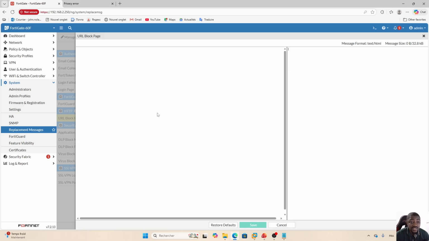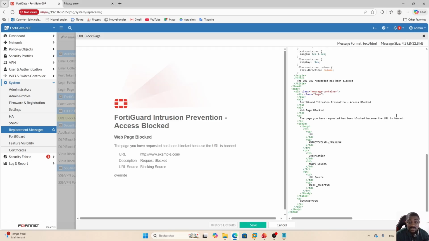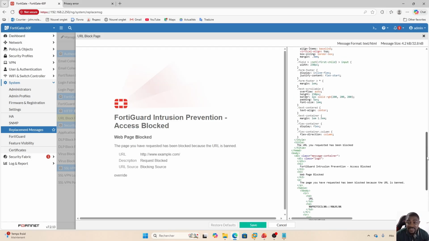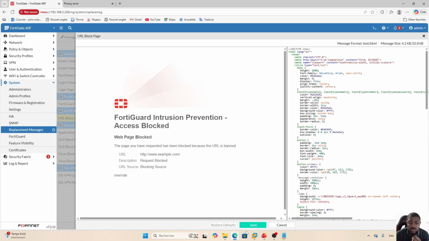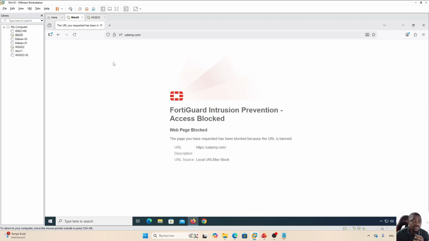So we'll see also the display here will go. We also have here below restore default. So even if you do some changes on the code, you can later come back and do restore default, right? So what we are going to do here as the first example is we would like, for example, to redirect